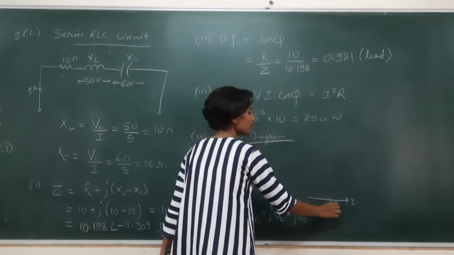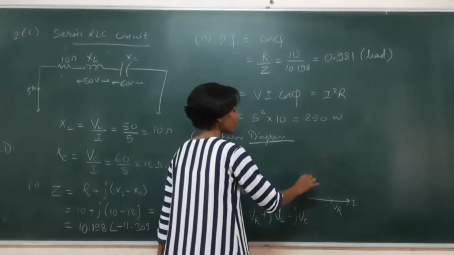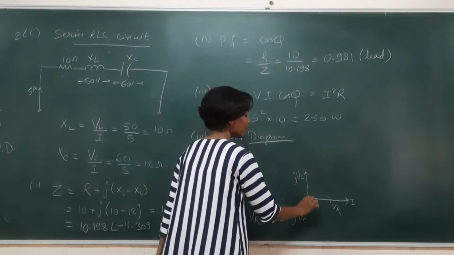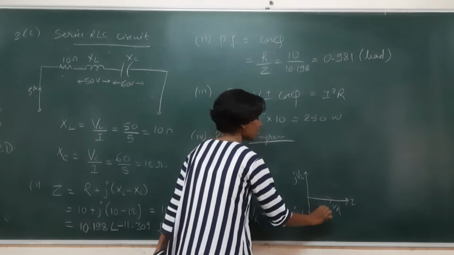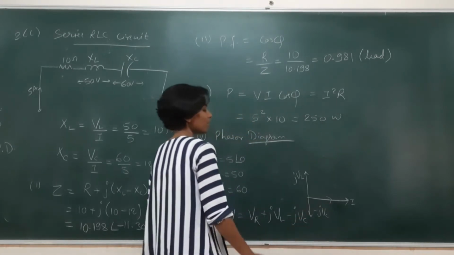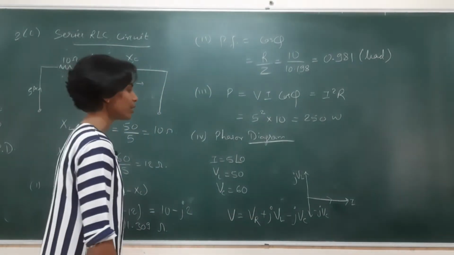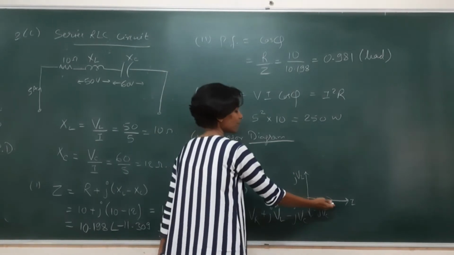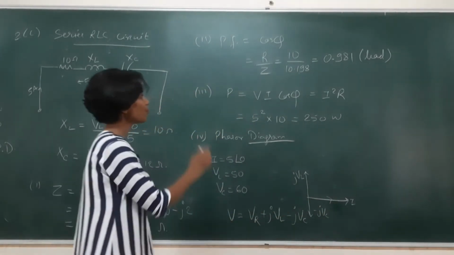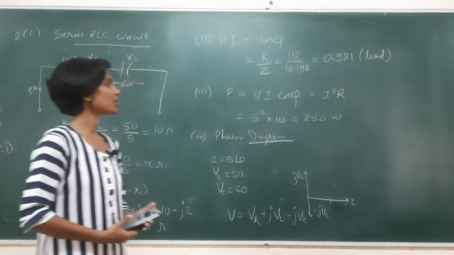So here we can draw the phasor for VR. Now what will be VL? That will be with the plus J sign, JVL, and with the minus J sign, this is minus JVC. No need to write VR because it is not given in the question. I have mentioned it just to help you understand how VL and VC come. They come with reference to VR, and VR comes with reference to current. So this is our phasor diagram for this particular question, and this should be the solution. This is about question number 2C.